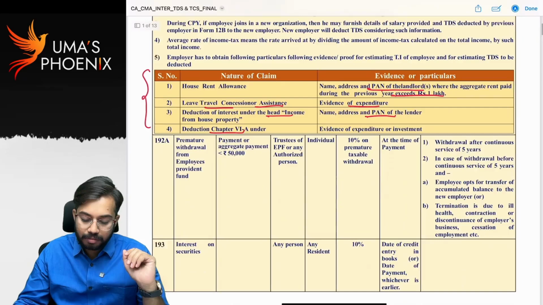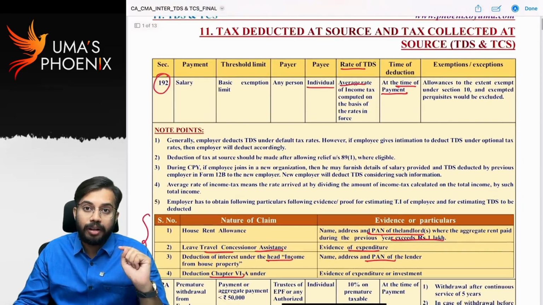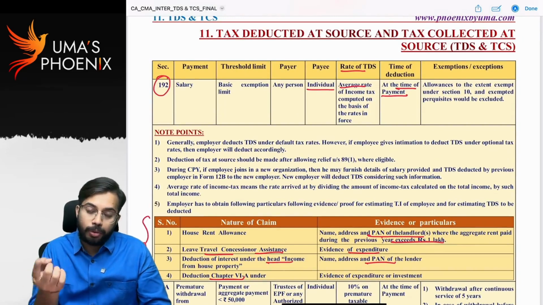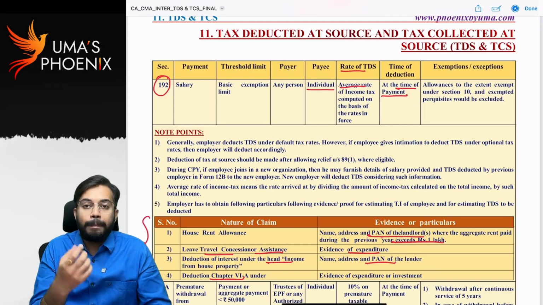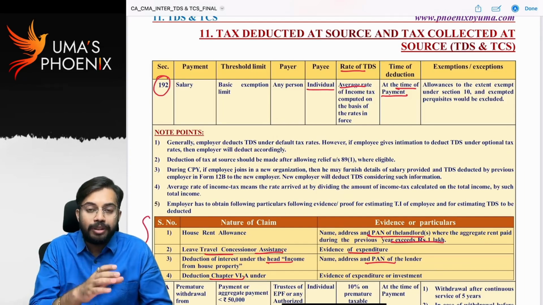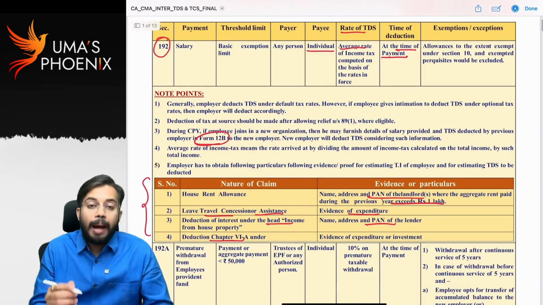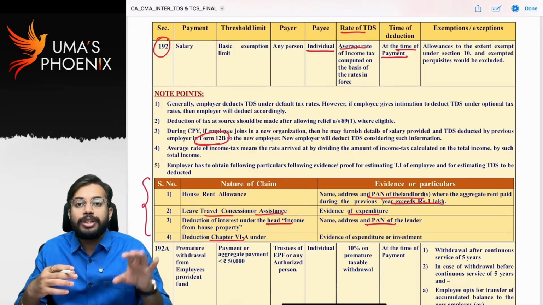Next, another important point. In the middle of the year, the employee shifts from employer 1 to employer 2. That means what? For example, the employee is working in Infosys. He shifted to Tech Mahindra. So whenever the employee shifts from Infosys to Tech Mahindra, in form number 12B, the employee has to give information of Infosys